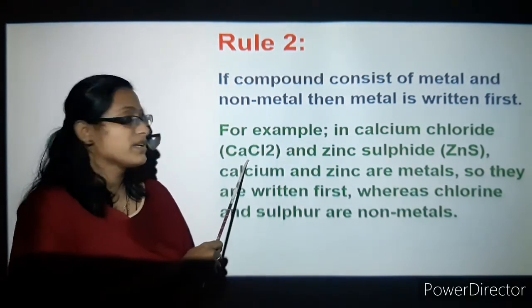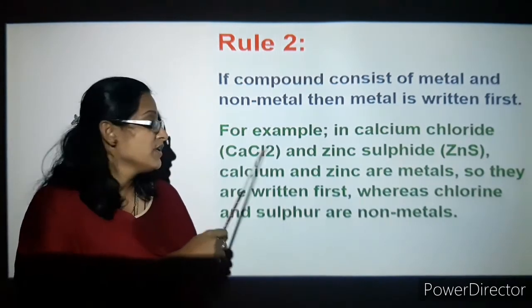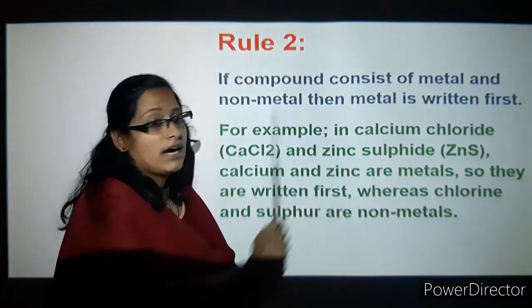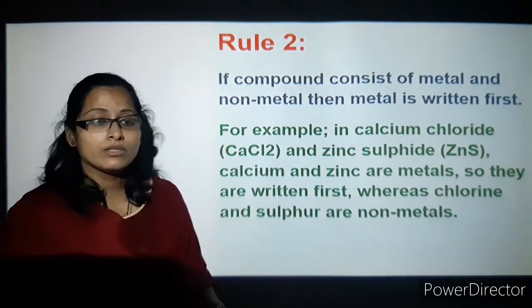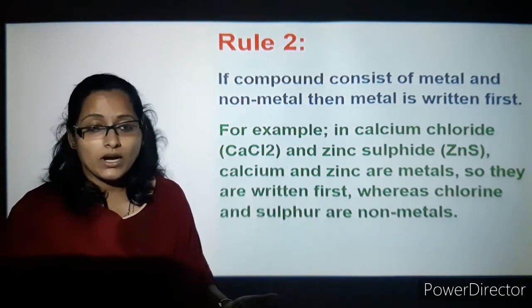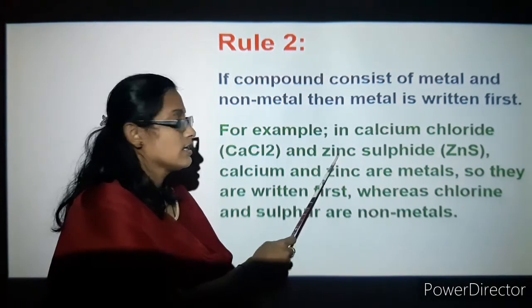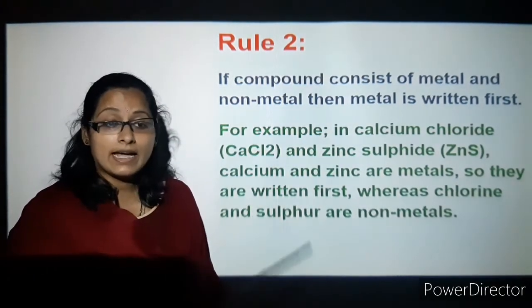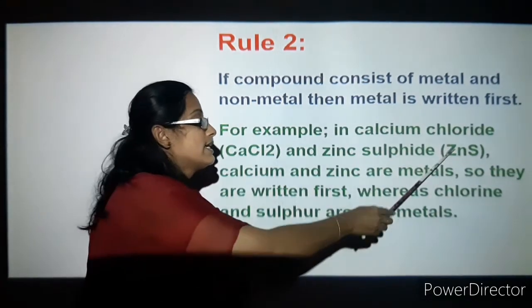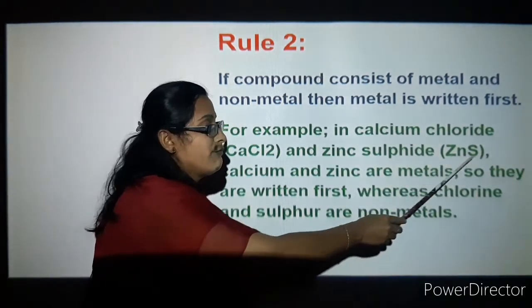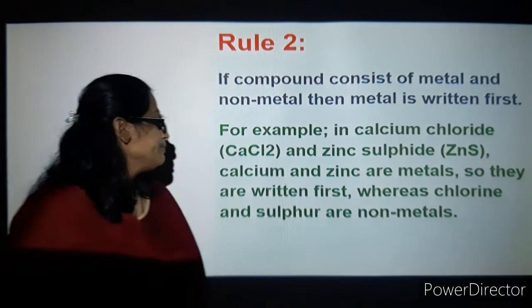So you are not representing it as 1. And zinc sulfide. Now you don't have any confusion at all, because both valencies are 1. So you will be writing it as zinc. Zinc is represented as Zn and sulfide is S. So ZnS: metal followed by a non-metal.